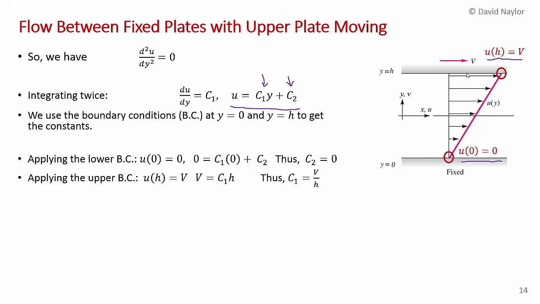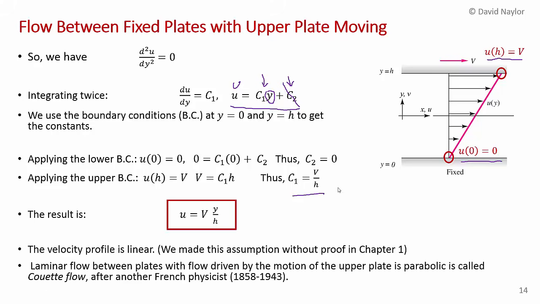And so very simple here, we can apply these boundary conditions. Applying the lower one, the fixed surface, we get 0 equals c1 times 0 plus c2. That shows that c2 is 0. And then we put in this expression for y, we put in h, and we set u equal to our capital V, and we get that c1 equals V over h. So the result is you end up with this linear profile where the u component of velocity is just the